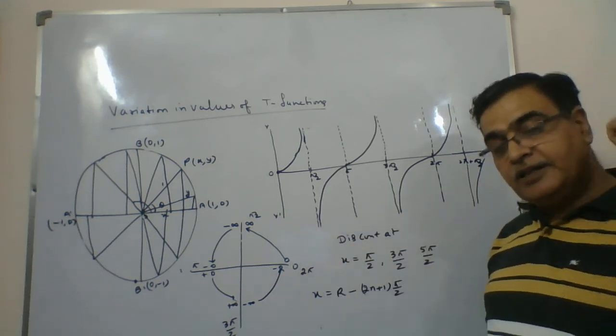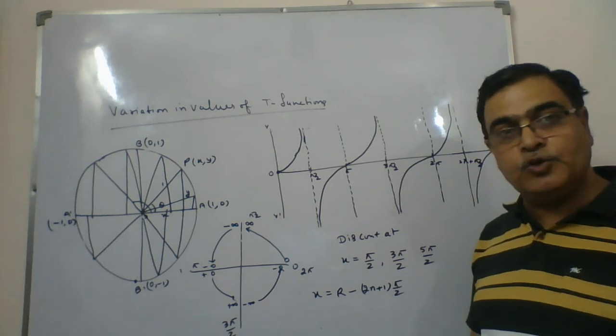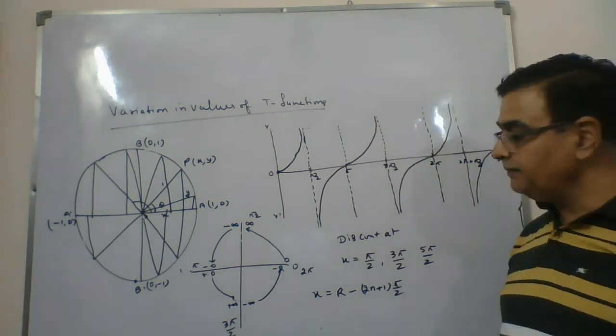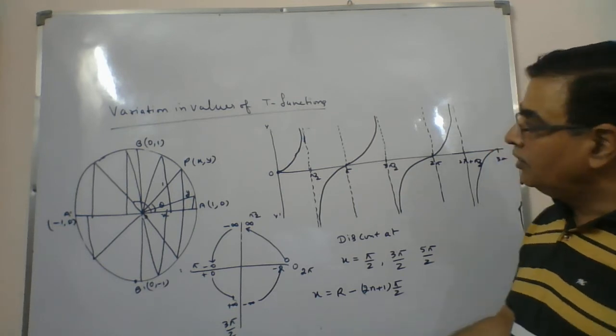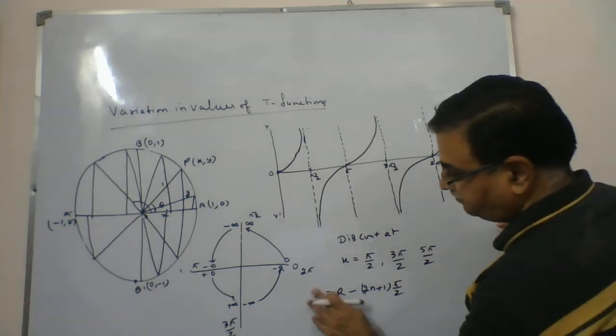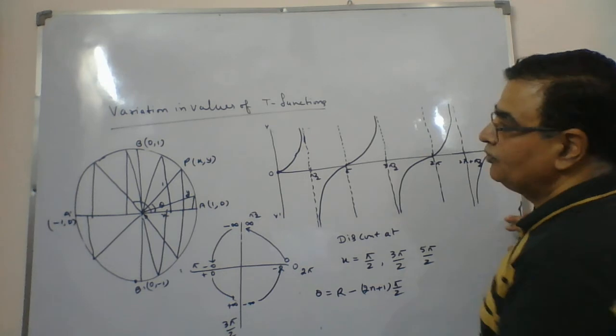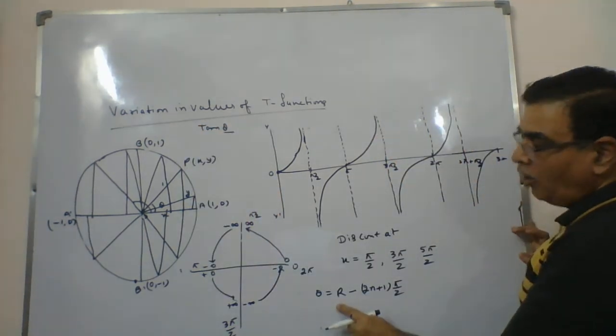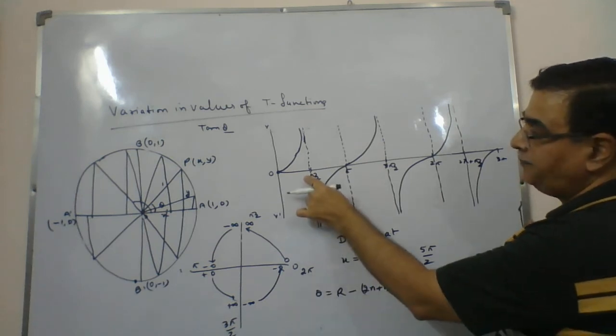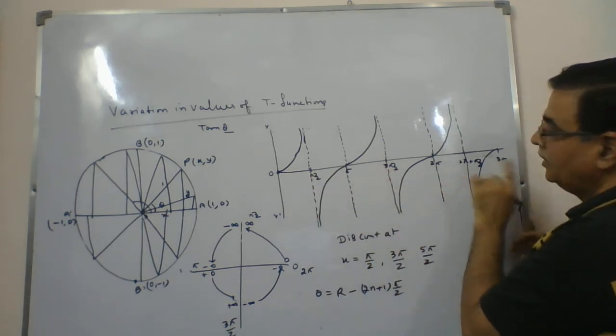In the domain, for the sine curve, I told you all real numbers you can place. That was continuous. In the cos, it was all real numbers x which you can put, where x means theta. We are considering tan theta. So the theta which you can put will be all real numbers except pi by 2, 3 pi by 2, this way.